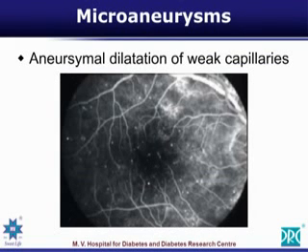Microaneurysm. This black and white picture that you are seeing is a fluorescein angiographic picture. In that you will see the blood vessels very clearly as white, where the fluorescein dye is taken up and then flowing through the blood vessel. Distributed along the posterior portion of the retina, you will find various dots appearing. These dots are known as microaneurysms.